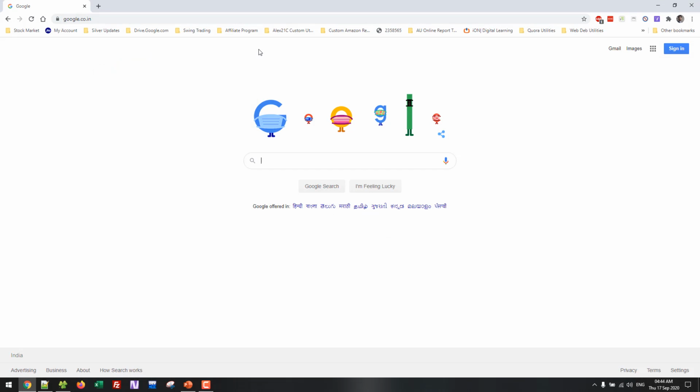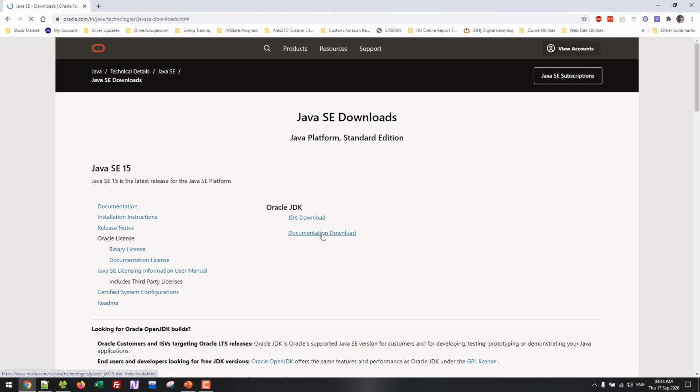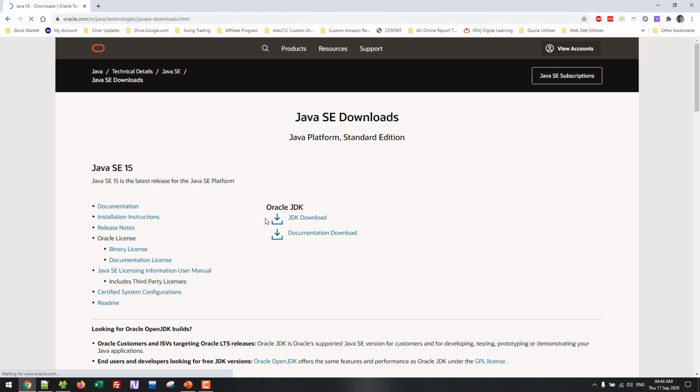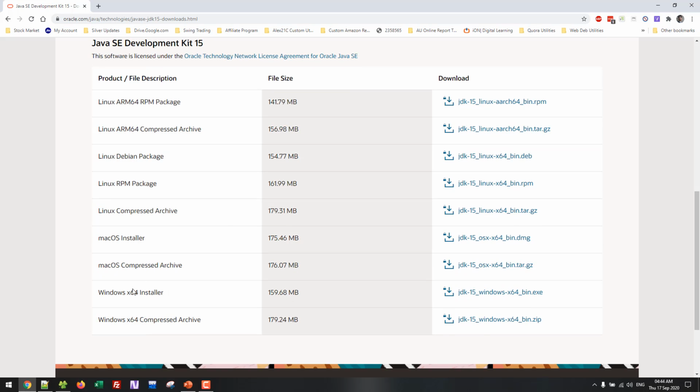So I am here on Google, and I just search JDK download, and this is the first result. Okay, I go to JDK download, and in the download section for Windows this is the 64-bit option. It automatically detects my system type as 64, but if I need to check manually about my system type, I just